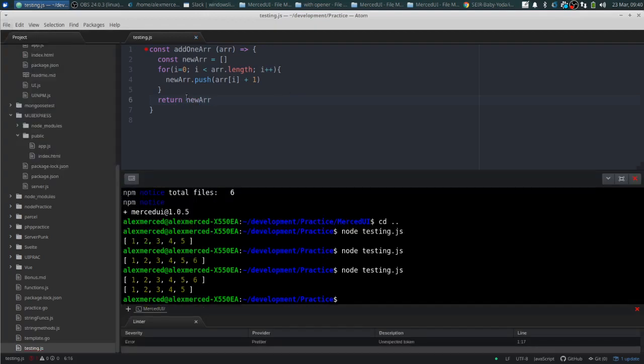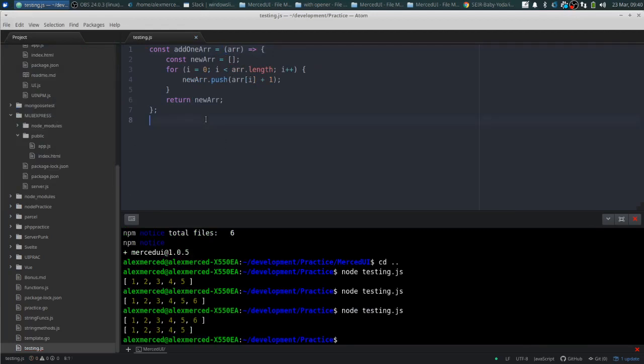Let's see here, where did we go wrong there? Oh, equal sign. Save. There we go. So now, if I were to console log the result of this,